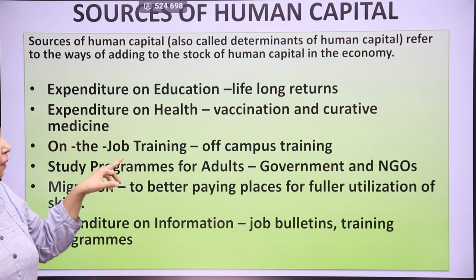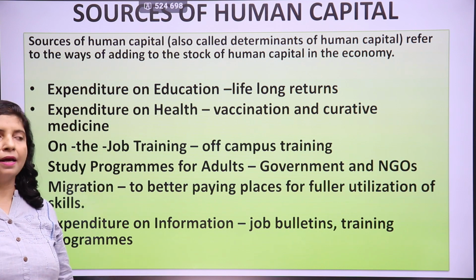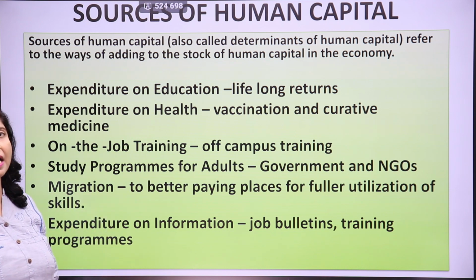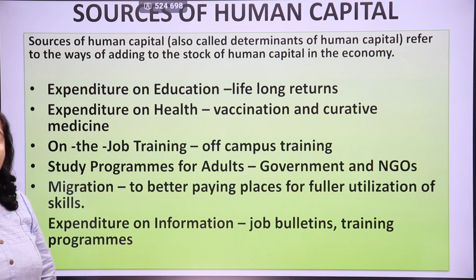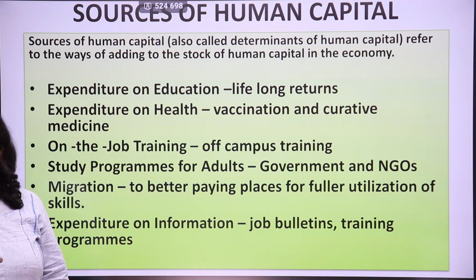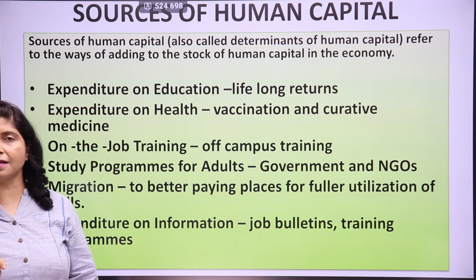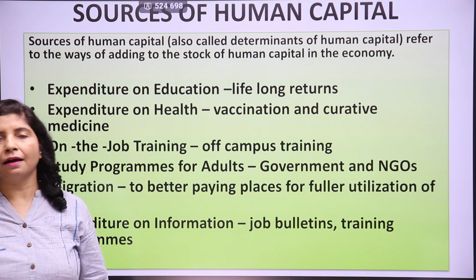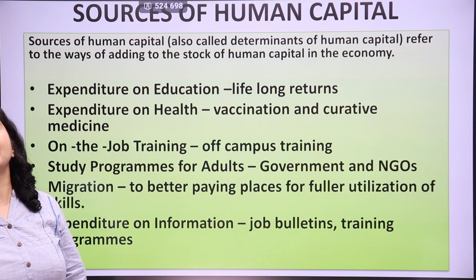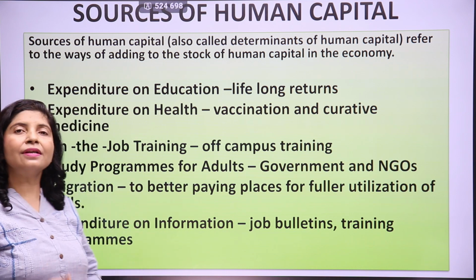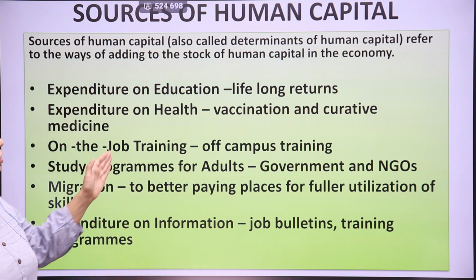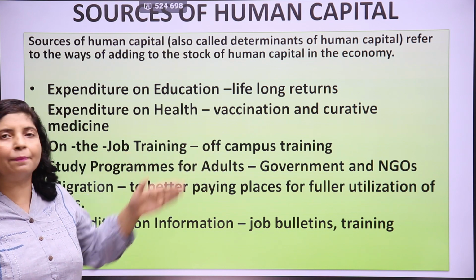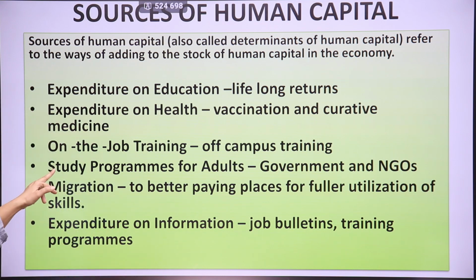Then on the job training. If I get training regularly, maybe some faculty development programs or other types of trainings, then my skills can be upgraded. In a similar manner, doctors go to conferences, lawyers also attend seminars and conferences. They regularly read, they keep the habit of studying journals, scientific journals, and law journals for lawyers. So in that manner, they can upgrade their knowledge. So on the job training, on the campus training for MBA students or other people can help them upgrade their skills.